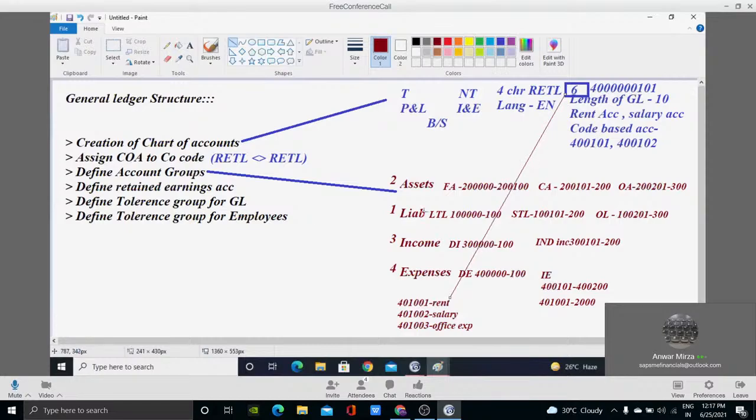Now, this is an example of 6 characters. Do you have any trouble with 10 characters, 7 characters or 8 characters? Do you have any problem with 10 characters or 7 characters when it comes to a client requirement? Suppose this client, RTL, has a requirement of 10 characters of code. You can proceed, sir. But how will you take a stand on this?